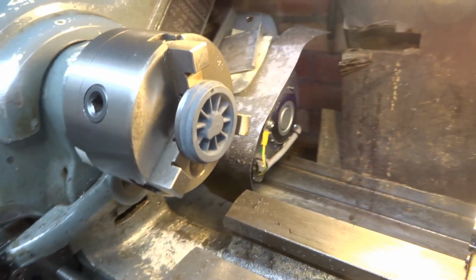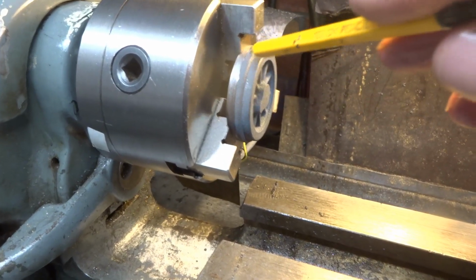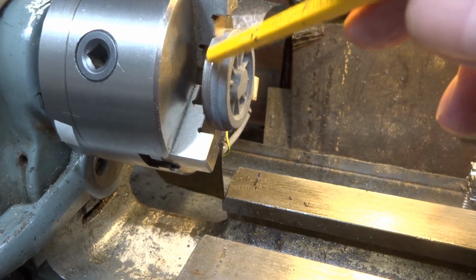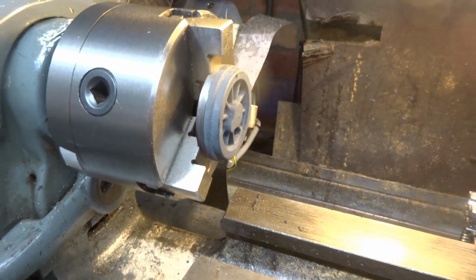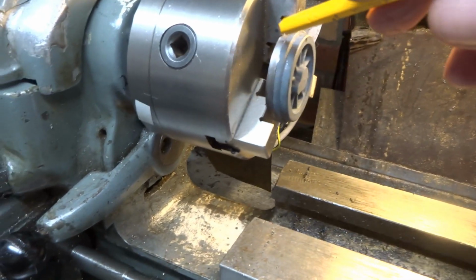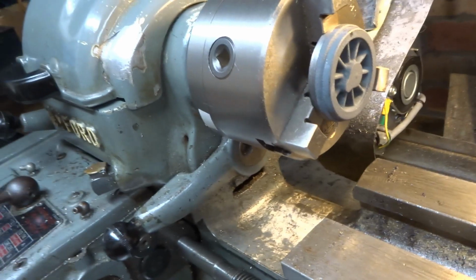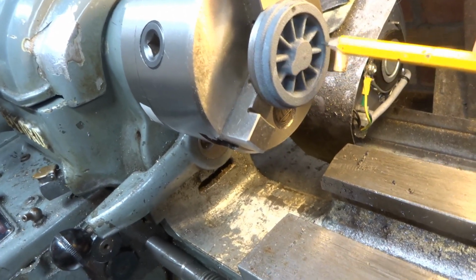Right or wrong, I'm not sure. I can just chuck. Also, model engineers have rough turned every one of these wheels on the outside, which is, at least I assume it was them. Anyway, that's very kind, because that's easier. So I can chuck carefully by that turn diameter, and what I'm going to do is face the boss off,